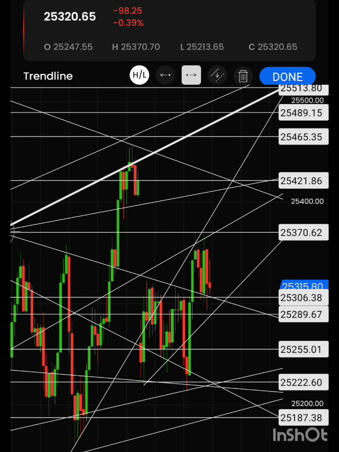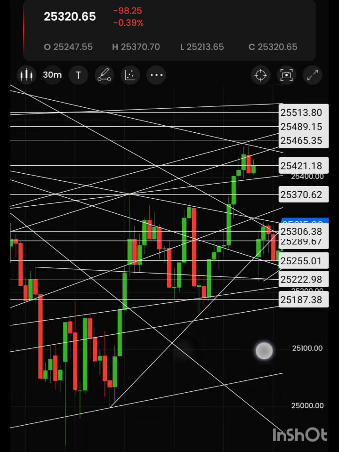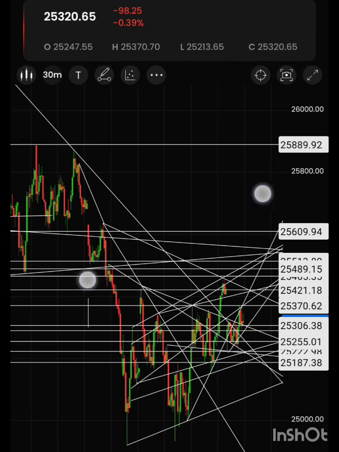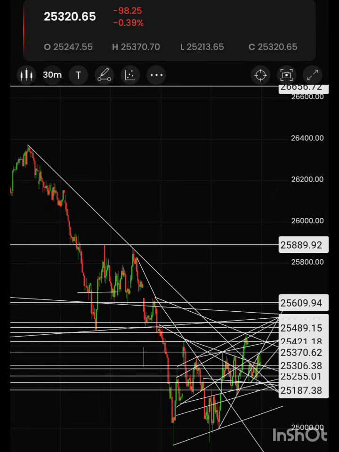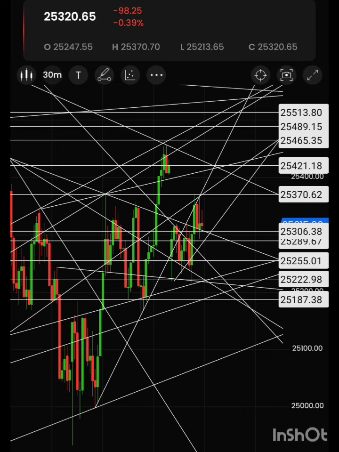So this is the 15 minutes chart. You can check the 30 minutes chart, sorry, there are too many lines because of the intraday; I want to plot exact levels. You can see Nifty was moving in a falling channel, and we got a breakout of this line. That line is holding now, and it closed above. So now the support is around the 25,255 range, 255 to 260. I am expecting a close above this one, otherwise we will have a downside movement.